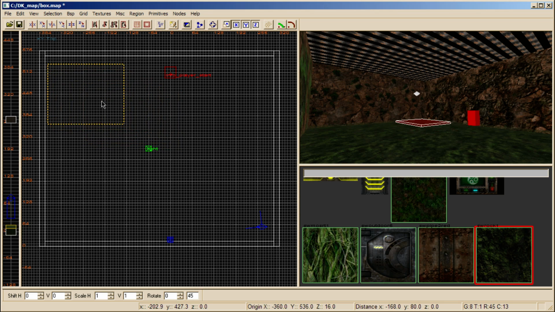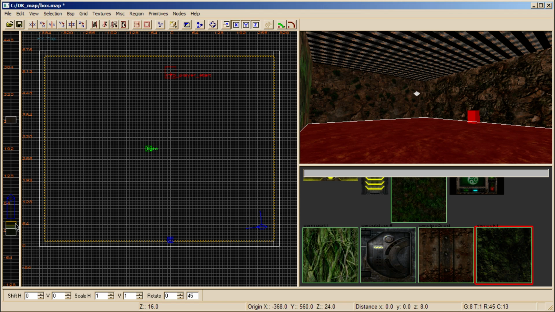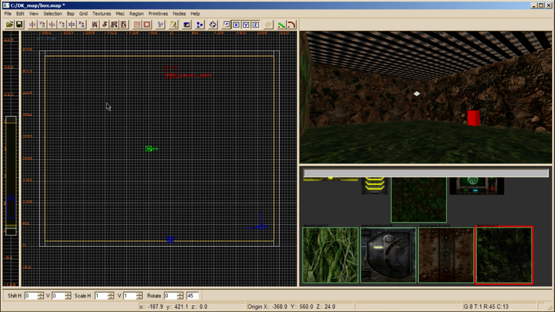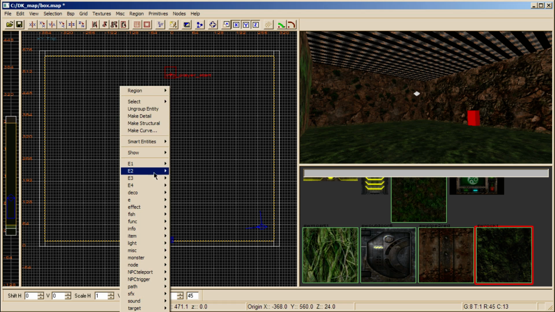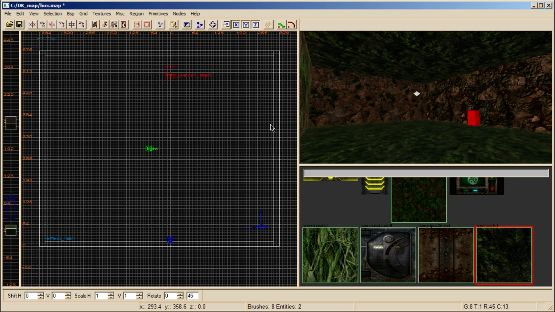So if we add water, for example, the rain here, let's add rain here because it's going to be awesome. You can see here we have the water block and the floor, and this is the upcoming rain block. You take this and the whole room like this, and then fill it all the way up. Now we right click and take effect and rain like this, and it automatically creates a rain block for us. So we don't have to do anything else. That's it. Okay, the next thing we want to do is